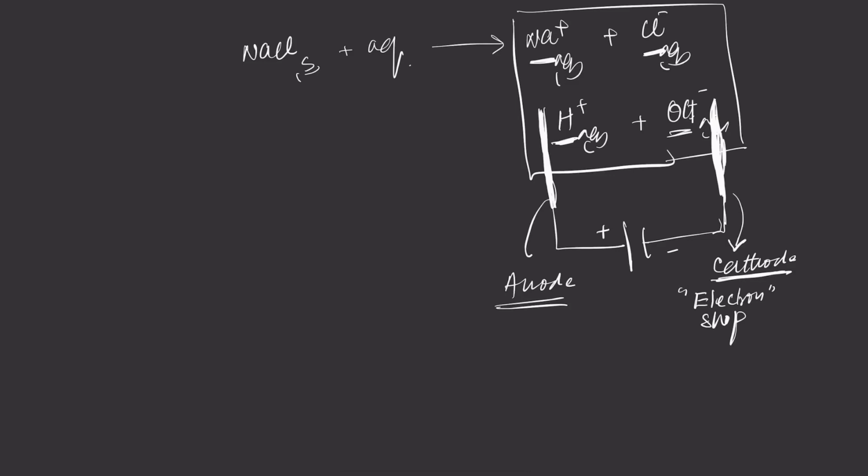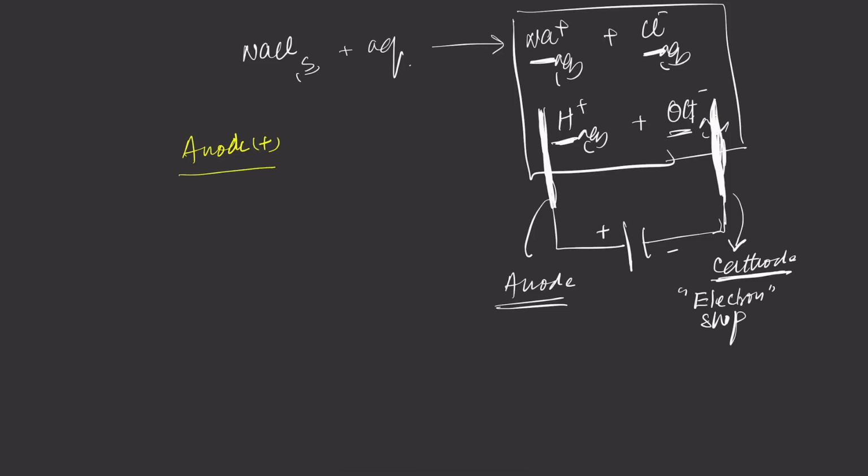So the sodium ion and the H+ ion will run towards the negative electrode to receive the electron, but only one will gain the electron first. When the concentration of the winner ion comes to an end, then the runner-up ion moves to capture the electron. In the same way, the Cl- ion and OH- ion will run towards the positive electrode, the anode, to lose the electron. But only one will be the winner. So, who is going to be the winner at the anode? Let's see the story of the anode.